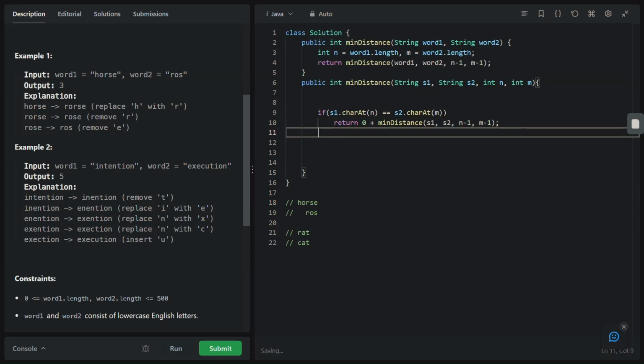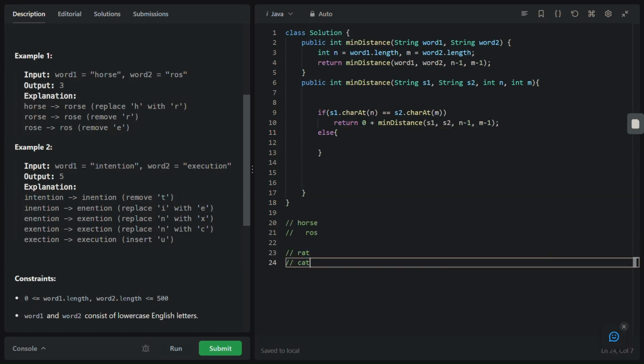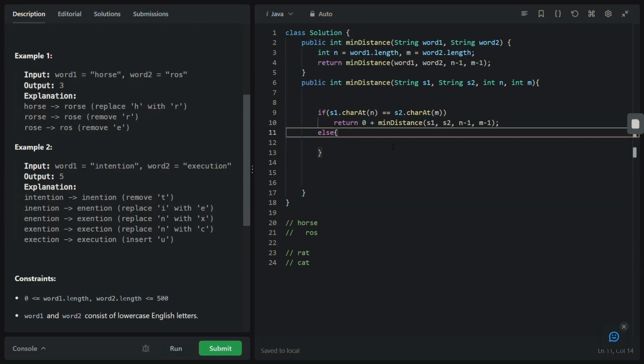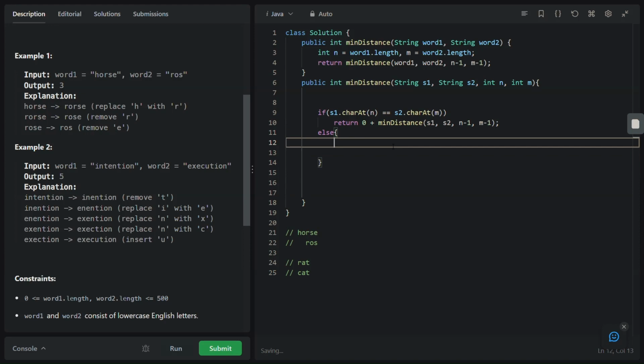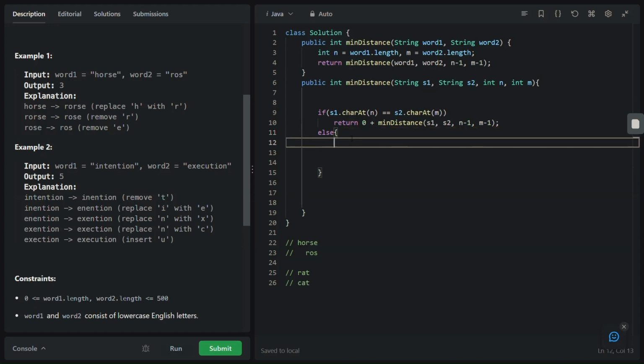Now, suppose T and T are equal, we are not doing any operation. We are just returning 0 plus whatever the next call gives. Now what do we have to do? We have to do three operations. What are the rules? Those operations are either